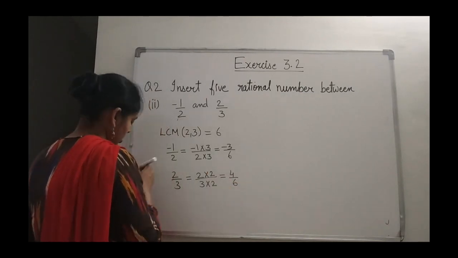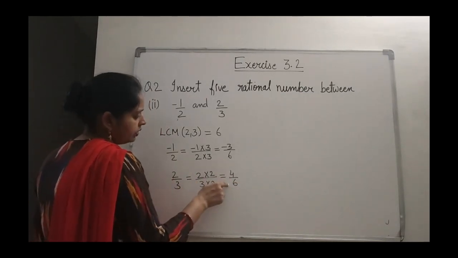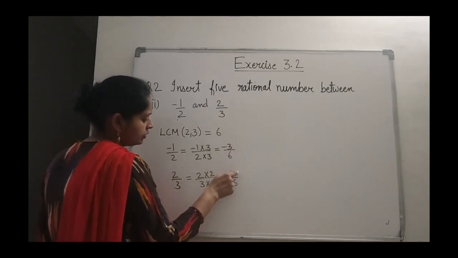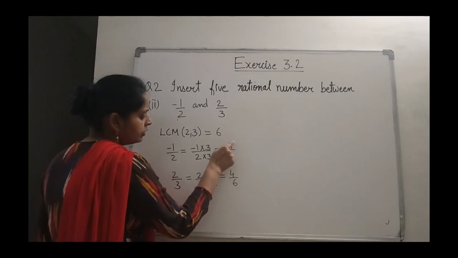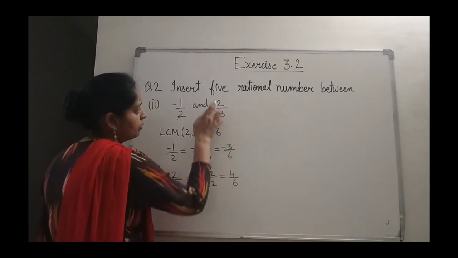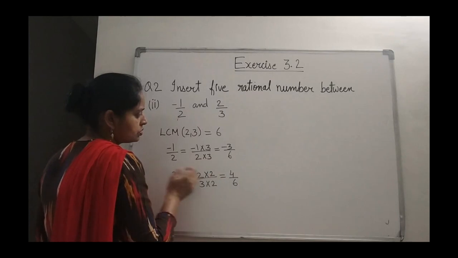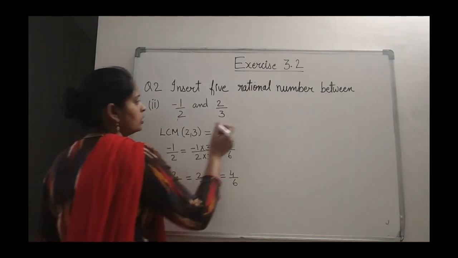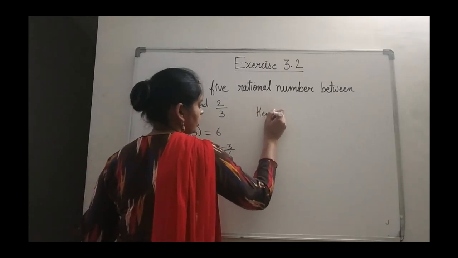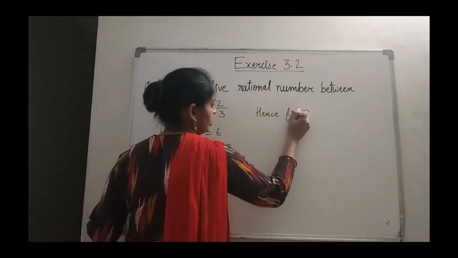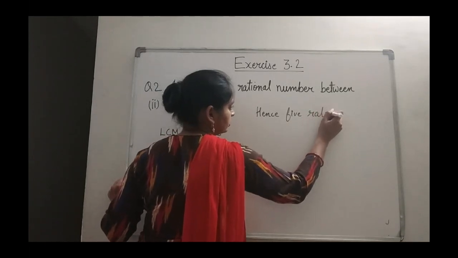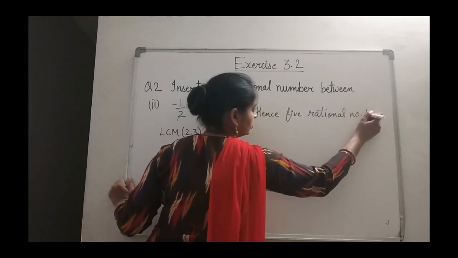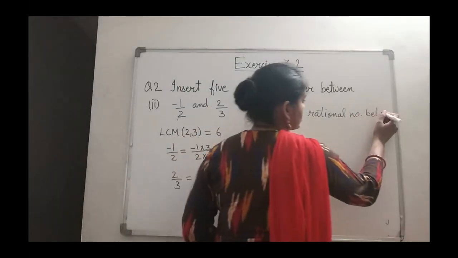Now see, in the denominator we both have 6, and in the numerator we have minus 3 and 4. We know that between minus 3 and 4 more than 5 numbers are lying, so we can directly write down the rational numbers between these two numbers. Hence, 5 rational numbers